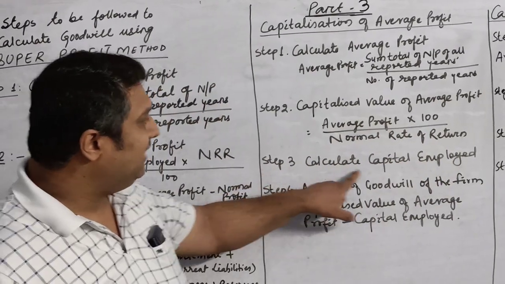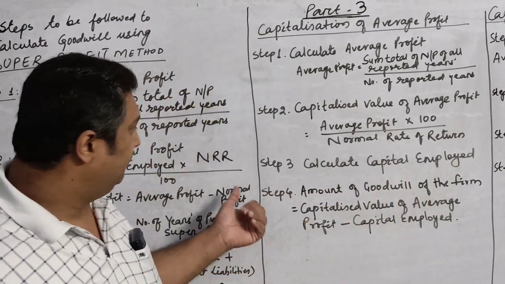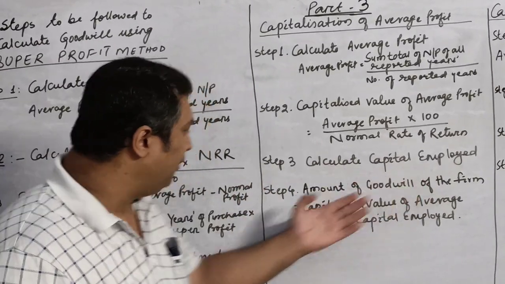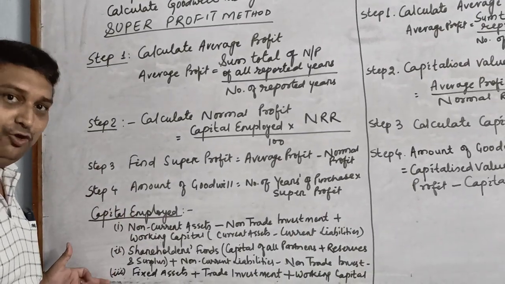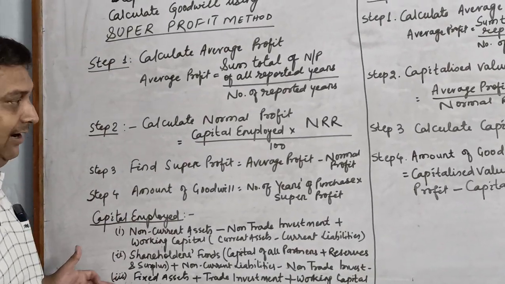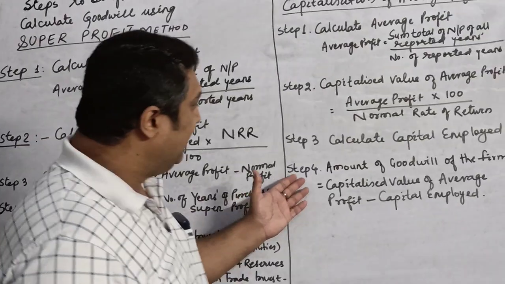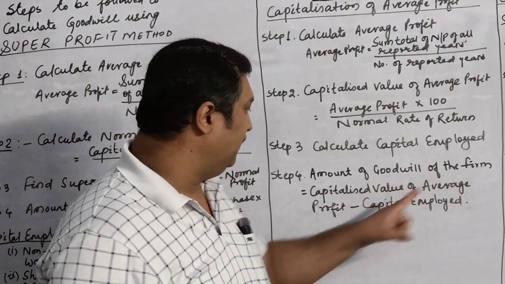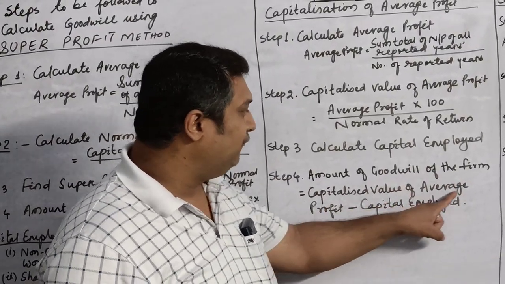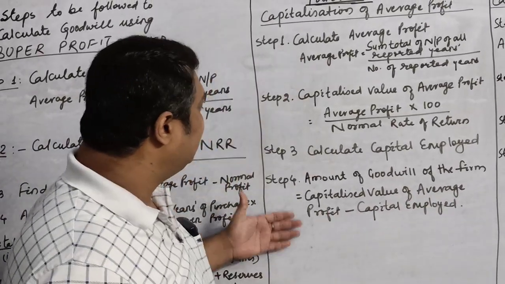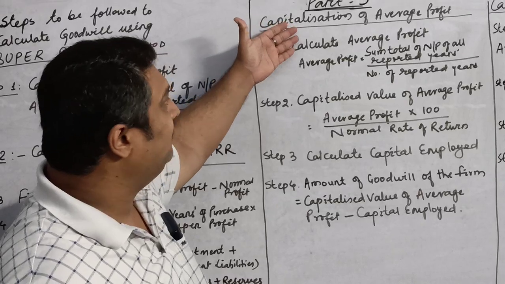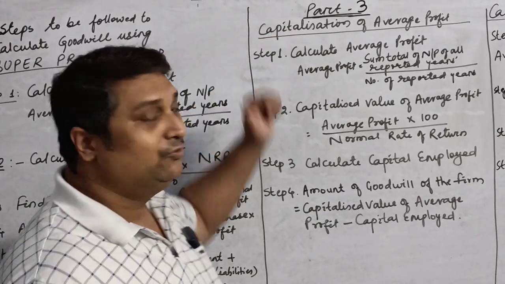Third step is to calculate capital employed. How can you calculate capital employed? You have once again these three options which you can use to calculate your capital employed. And the fourth step is the amount of goodwill of the firm, that is capitalized value of average profit minus capital employed. So these are the four steps using which you will be able to calculate the goodwill by using